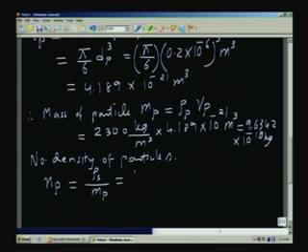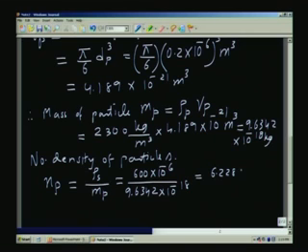So, this rho s is 600 into 10 to the power of minus 6 divided by what we found out just now, 9.6342 into 10 to the power of minus 18. This will give you a number density of 6.228 into 10 to the power of 13 per cubic meter. So, number of particles per cubic meter is actually a large number like 10 to the power of 13, almost 10 to the power of 14.